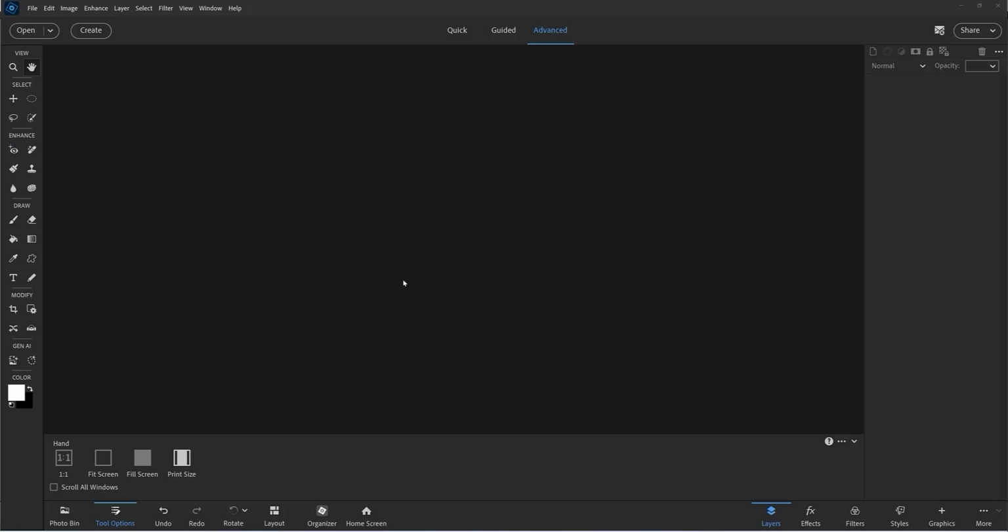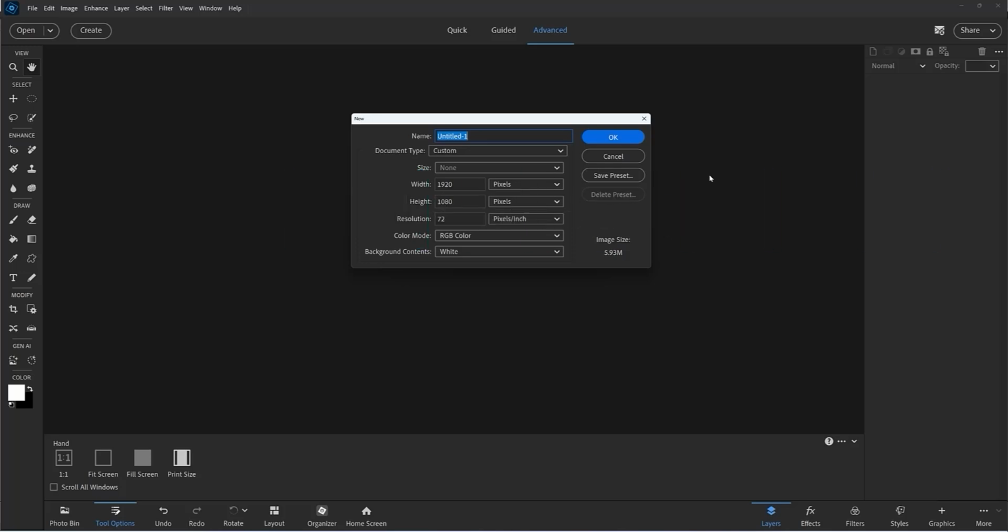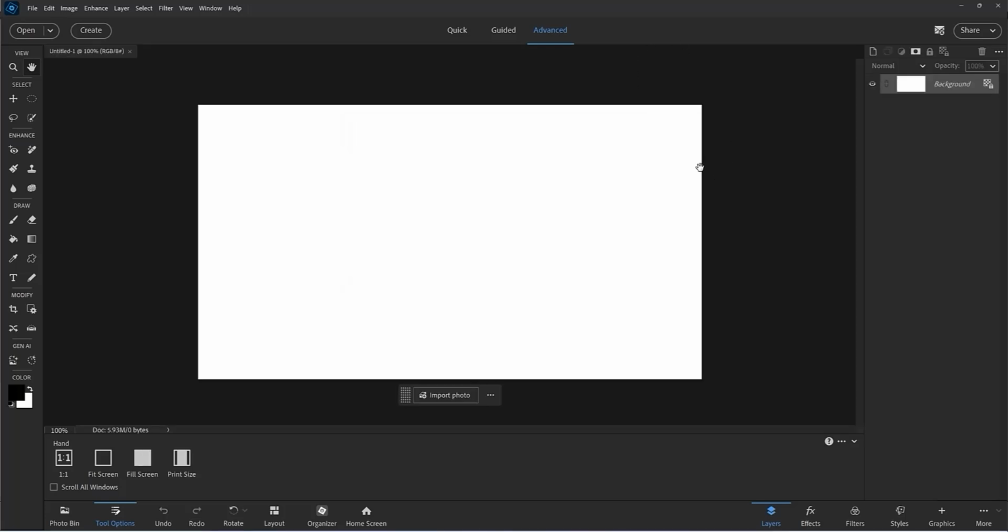And I usually start off with a new document, a new blank document, by pressing Ctrl N on the keyboard. And Adobe has remembered the last document I saved, which was 1920 by 1080 with a resolution of 72, and that's what I want to use again. So I just click OK and I get this blank document, and straight away I'm being prompted logically to import